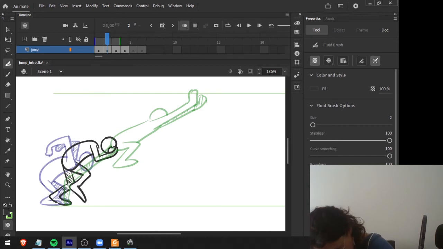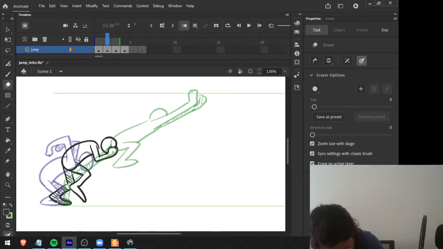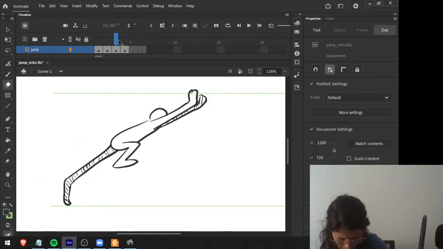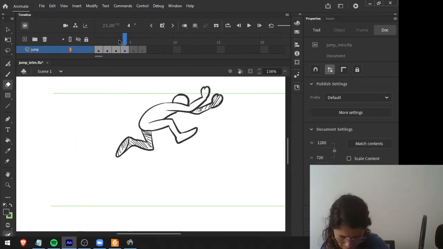So I'm bringing my right leg up. The left leg is still there. In this case, my left arm will be behind this one. They are in the same pose, so I will not draw it. Here, the arms are starting to come further to help bring the body up. There we go.